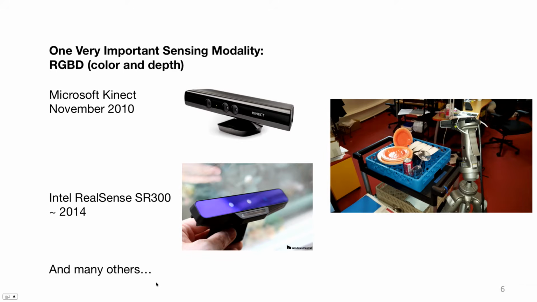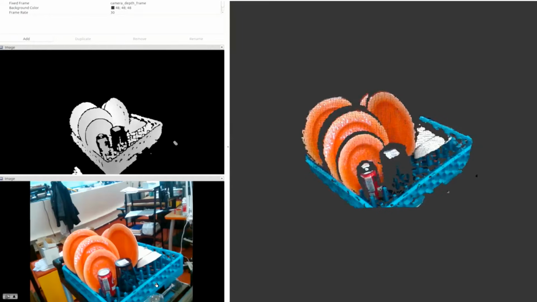To give everybody a really good sense of what this data looks like, this is next to Greg's desk. I believe this is an SR300 mounted next to Greg's desk looking at a variety of objects. And here is a very good look at all the data that comes out of an RGB-D sensor. Some of you may be very familiar, but so we're all on the same page: in the top left, that's the depth image. In that depth image, the pixels that are darker are closer to the camera, and the ones that are lighter are farther away. In the bottom left, we have just a standard image like you would get from a webcam RGB camera. And then on the right,